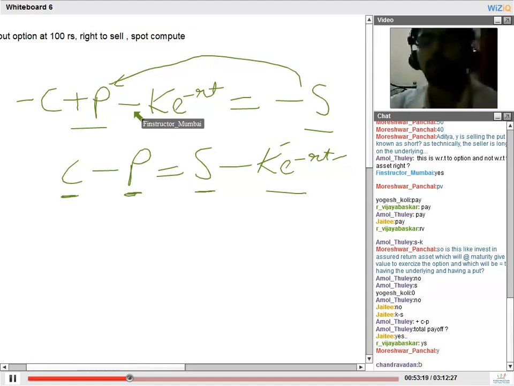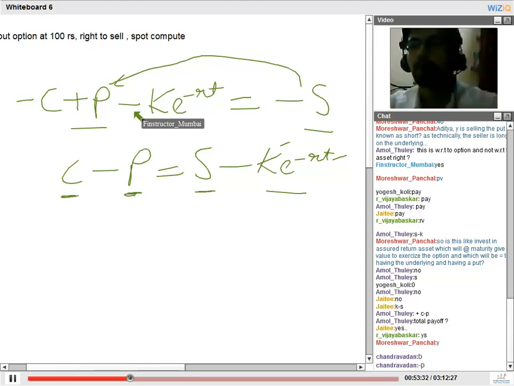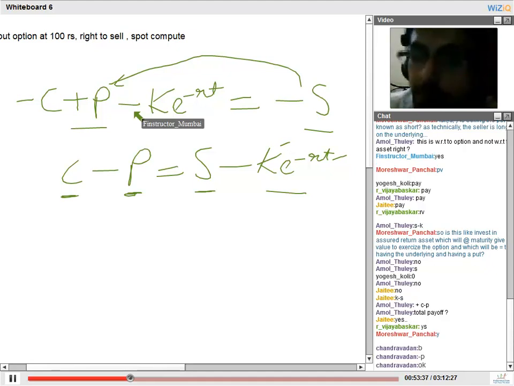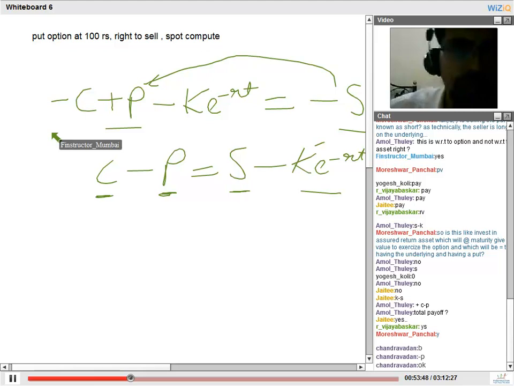So guys, understand the convention. Writing an option means you are selling the option, which means a cash inflow. It means plus P. Cash inflows are represented as positive. Writing an option is plus P, okay? Buying an option means I have to pay the cash upfront, I have to pay the premium, so it will be represented as minus P. Similarly for call options, plus C and minus C. Okay, I'll do one question, I'll ask you many such questions, and you'll understand with practice.